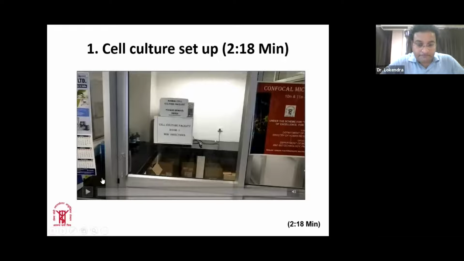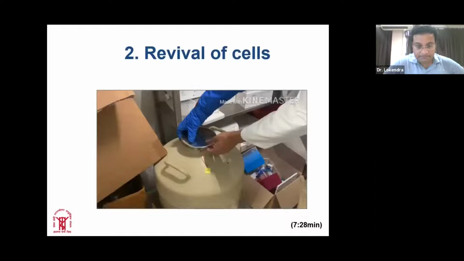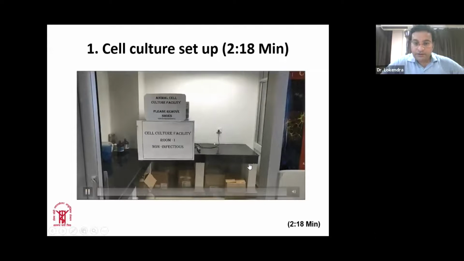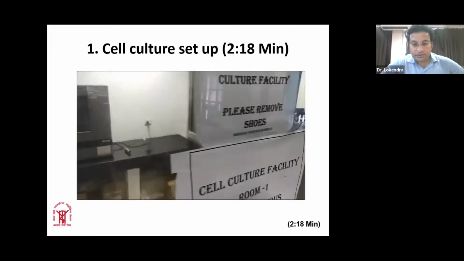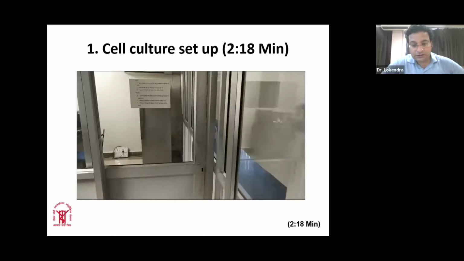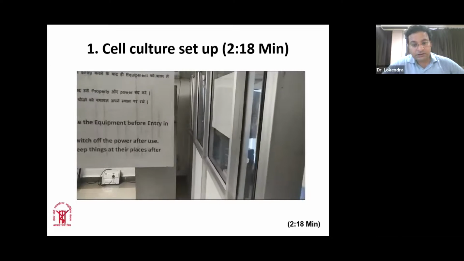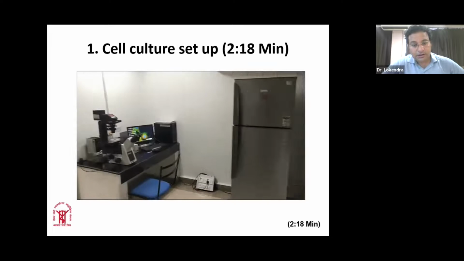So you're using a normal cell culture setup, and the cell culture laboratory should use an isolated space. It should be free from traffic, and this is just an example. You have different levels of entry, or you have to restrict your entry. This is one door, then you enter into the second door where you have a small setup.